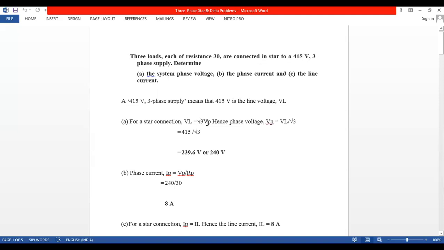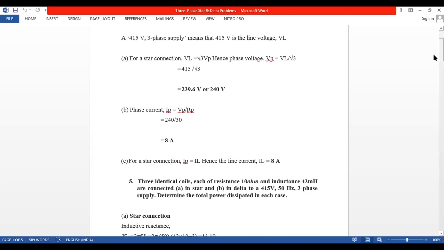First we have to write that formula, and in the given problem they will always give line voltage. If they mention the phase voltage, they use the word phase. So phase voltage will equal line voltage by root 3. We'll get the phase voltage. Okay. Now in star connection, line current equals phase current, we know, but after calculating the phase voltage, the basic formula for phase current, in any problem, is how much? Phase current equals phase voltage by impedance.